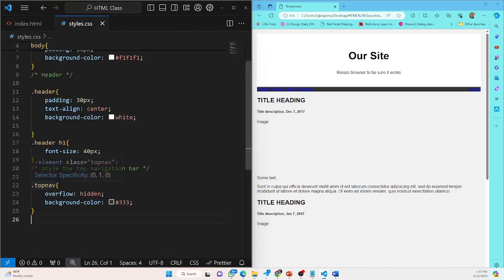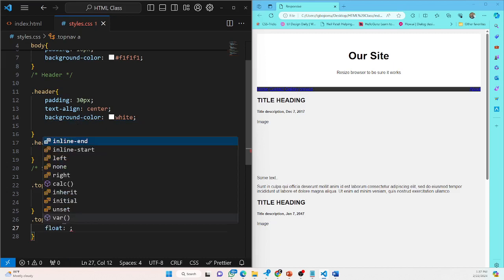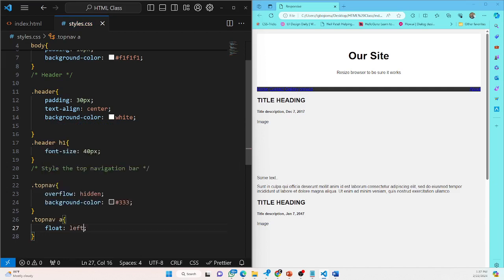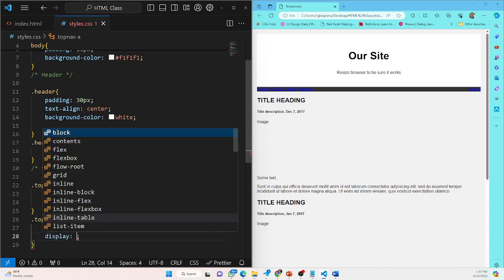So I would want to have my .topnav and the anchor tag. I want to have it float to the left, and display block,